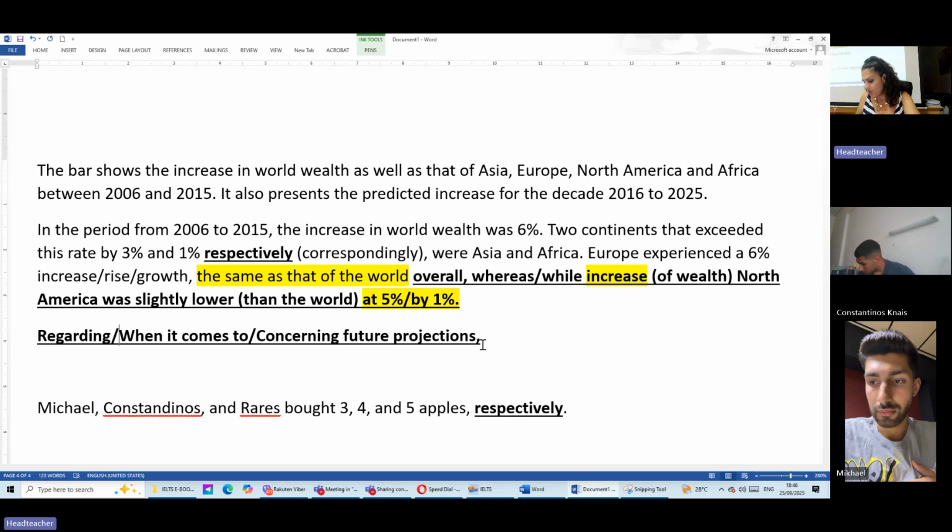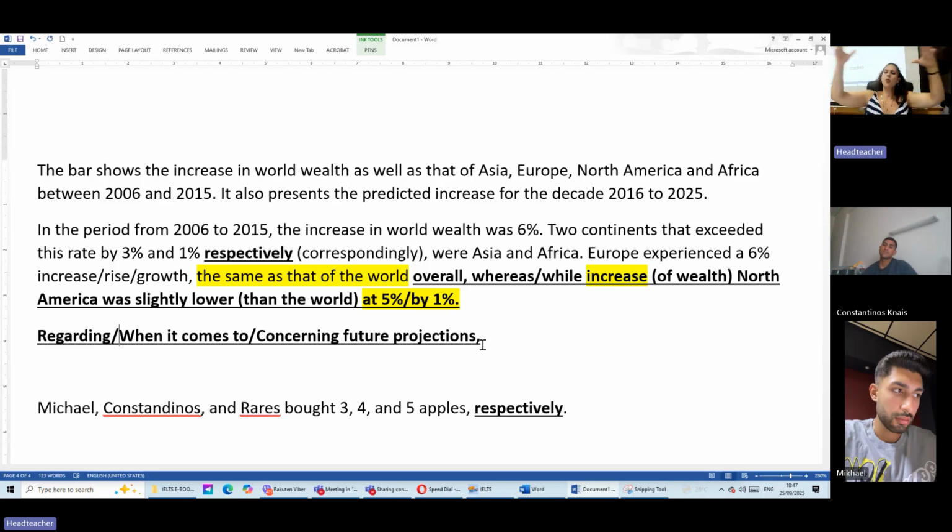What do we speak about? Should we speak about the world overall first, or just start again with the different continents? We have to keep the structure. We have to keep the analogy. In the previous paragraph, we had a very tidy way of mentioning things. And we said, first of all, we're going to speak about the main picture, and then we're going to refer to the specific continents. Fair enough. Now we need to be consistent. Don't create a mess. You need to be consistent and do the same thing again.